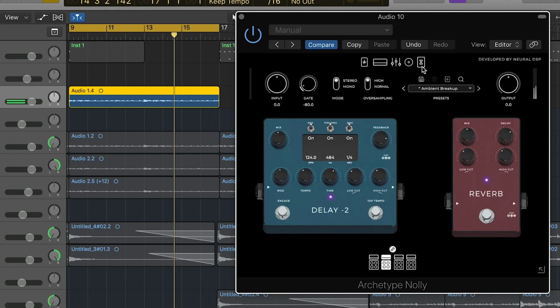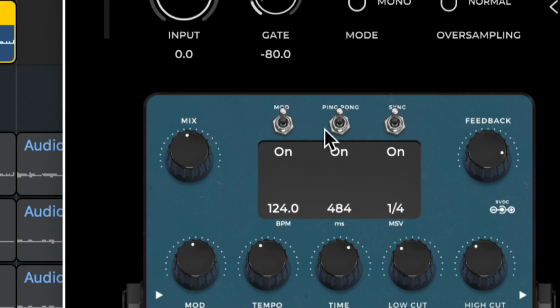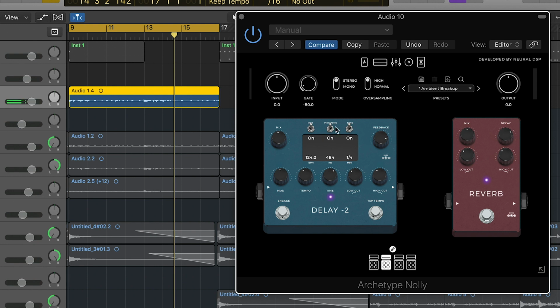And what's cool is you can also go into these delay effects, and there is a ping pong mode, which was actually already on, but